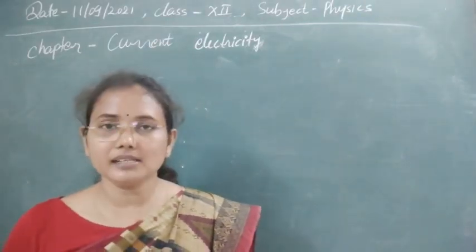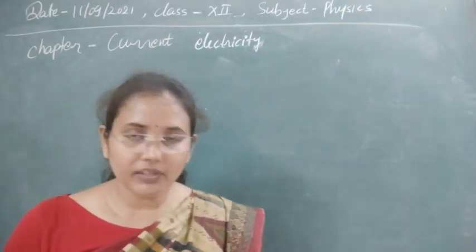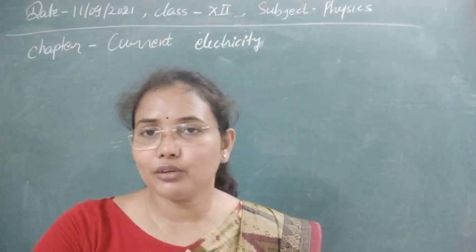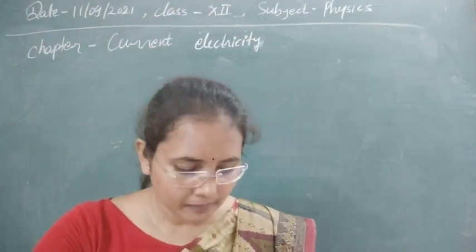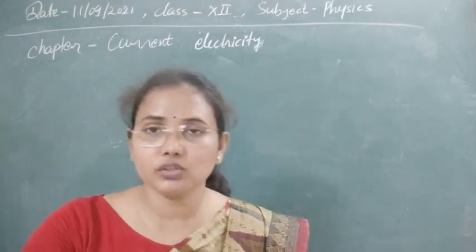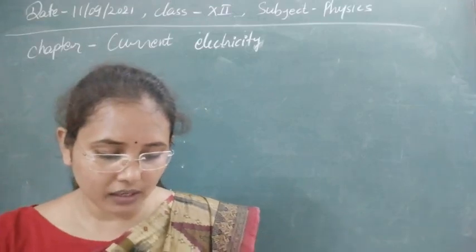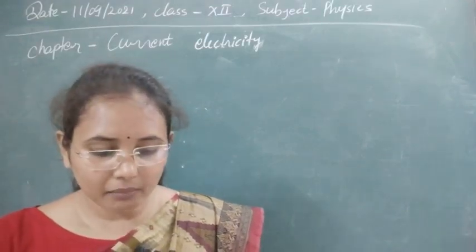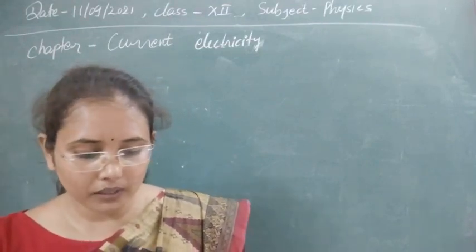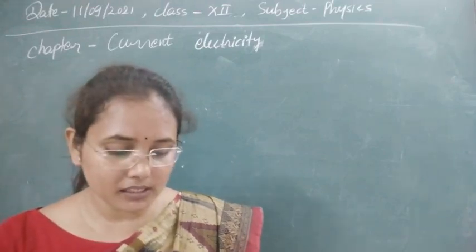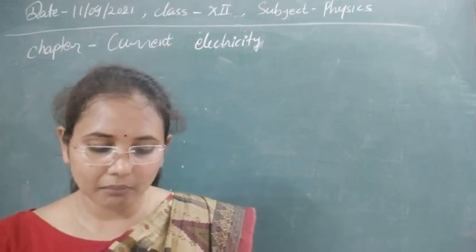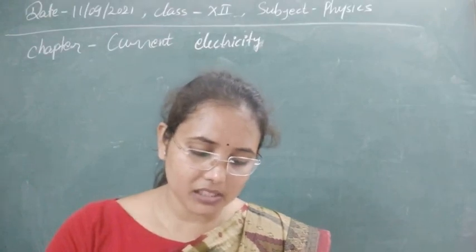The galvanometer has a resistance equal to 150 ohm, and it gives full scale deflection for a current of 4 milliampere. So it means the galvanometer is very sensitive to 4 milliampere current, and if we have to convert it into an ammeter for the range 0 to 6 ampere, then what do we have to do? The options are given. 10 milliohm resistance to be connected in parallel to the galvanometer. Second option, 10 milliohm resistance is to be connected in series with the galvanometer. 0.1 ohm resistance is to be connected in parallel to the galvanometer, and 0.1 ohm resistance to be connected in series with the galvanometer.